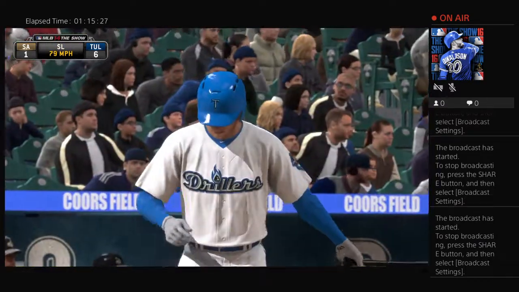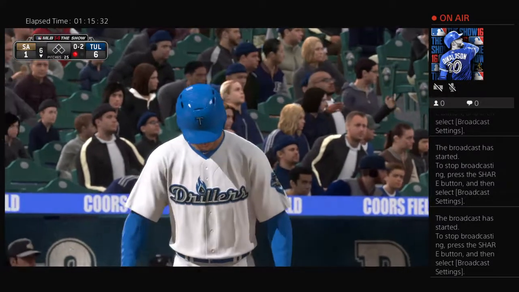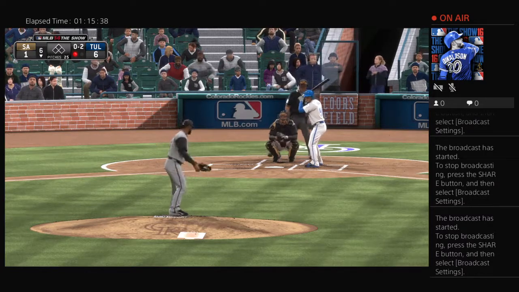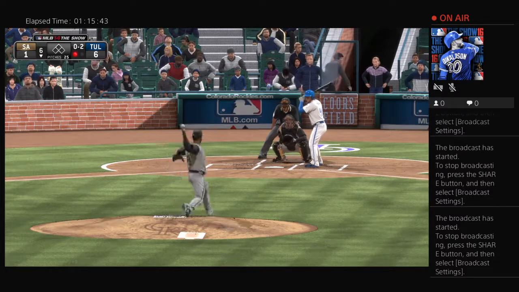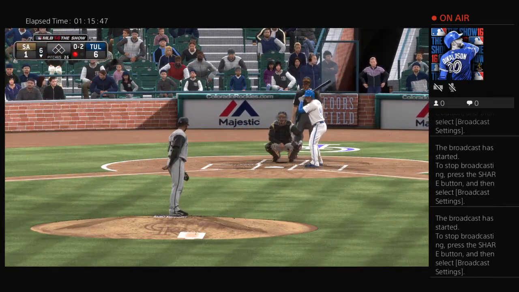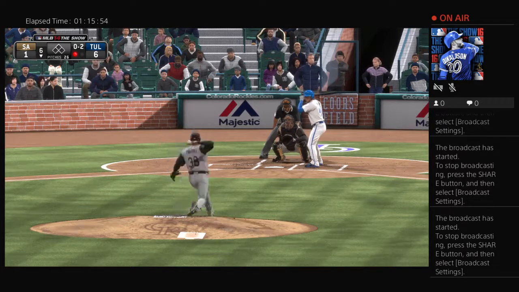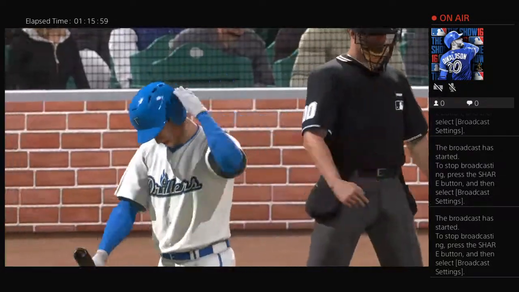Slider, and he can't pull the trigger. 2 strikes. Yeah, he must have been looking for that same breaking ball because that pitch, it's right there. Bases are empty, 1 man out. Fouled straight back. A great pitch there as he couldn't get extended on that one, and he's down on strikes for the 2nd